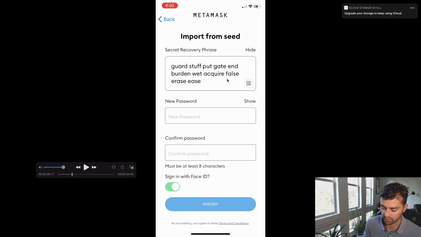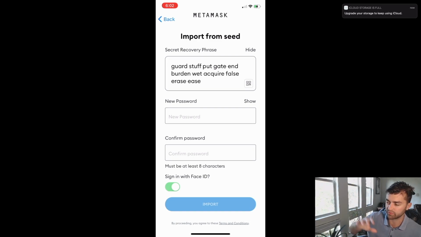I think that there are better UIs here for how to import the recovery phrase. On Exodus, they have a line item, 12 line items, one for each phrase. And for Coinbase, they have this autocomplete thing where these recovery phrases are taken from a 2048 word list. And so as you start to type on Coinbase, it gives you an autocomplete based on that 2048 word list. So I like that. It's a faster